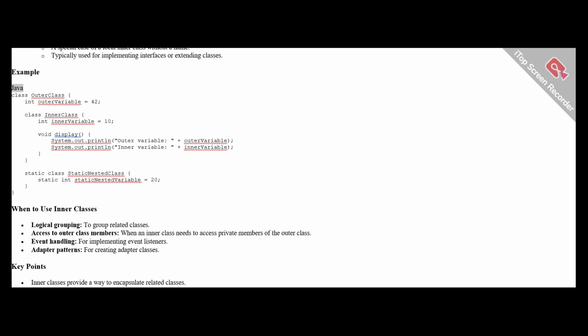Example. Java. Class OuterClass { int outerVariable = 42; Class InnerClass { int innerVariable = 10; void display() { System.out.println("Outer variable: " + outerVariable); System.out.println("Inner variable: " + innerVariable); } } Static class StaticNestedClass { static int staticNestedVariable = 20;